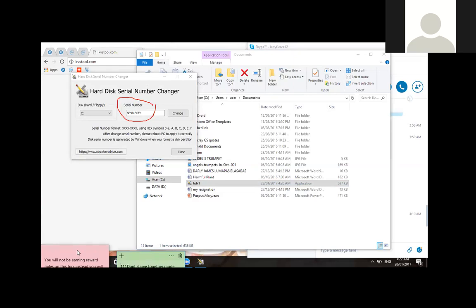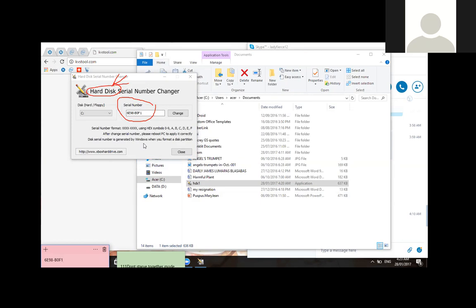Okay, so now you have two choices. If you want to use the shortcut tool, you can get it for free by using this software. The other choice is you have to pay $75 a year to use it. So most people want to get it for free. And if you're going to get it for free, what it requires is that you use this tool to change the serial number of your hard disk. It's not changing the serial number of your computer. It's not going to hurt your computer. It's not going to change anything, but it's going to change the hard disk serial number from this old one